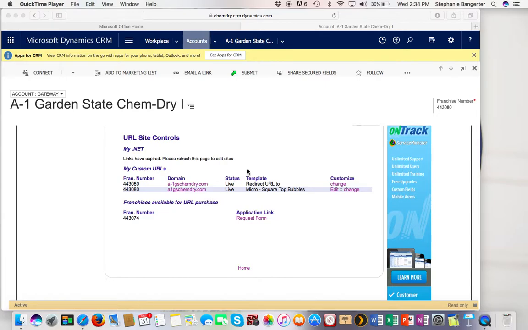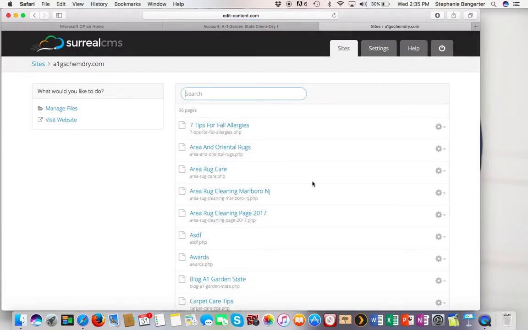So first of all, when you're logging in, you're just going to log in through the gateway. No change there. You'll go to where you can see your microsite, and you're just going to click Edit. And when you get there, you'll see that it takes you to the Surreal CMS, and so this is exactly what PageLine is. Just it's a different